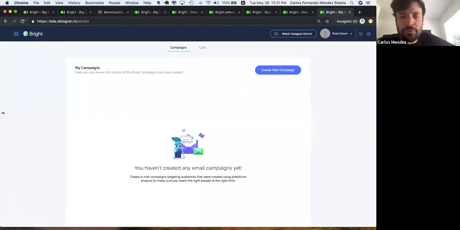For example, one of the integrations that we're finishing up is called Braze. With Braze, you can send email and SMS, and we are finishing that integration to be able to send our data to Braze. In Braze, there's something called segments, and once you go into those segments, you're going to be able to see our recommendations per each user.